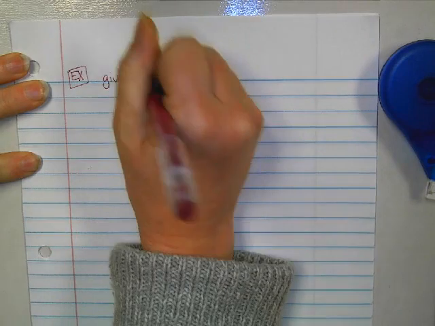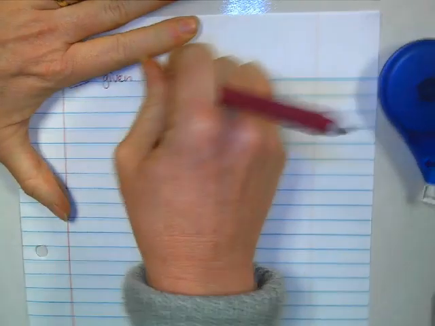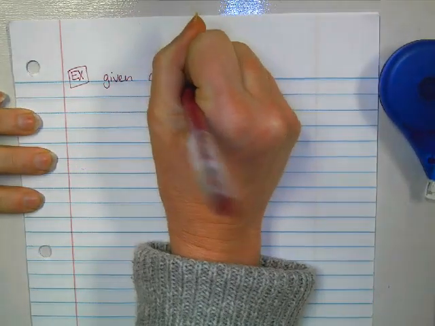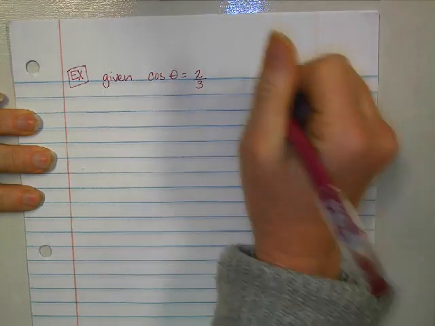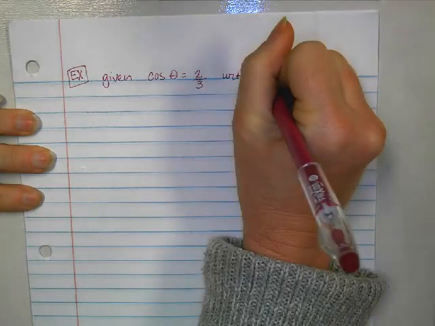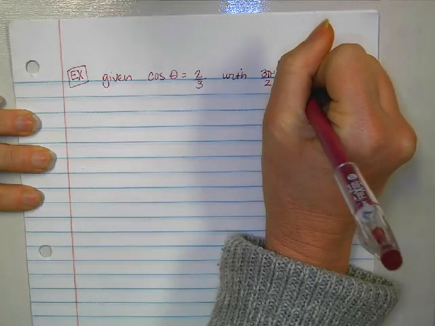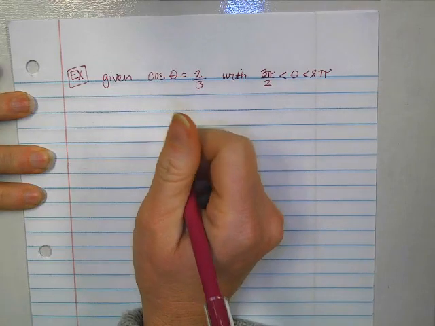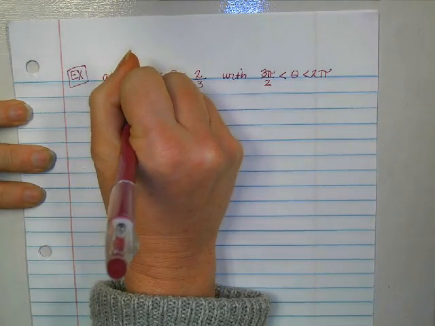Given that cosine theta equals 2/3, and theta is between 3 pi over 2 and 2 pi, they want us to find